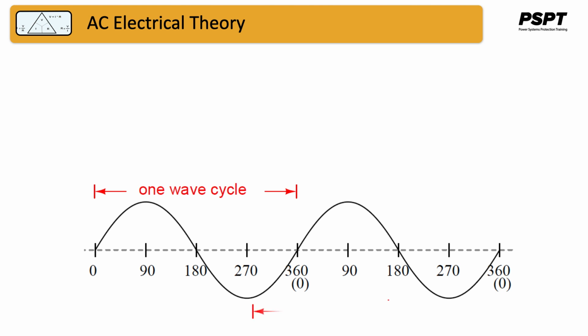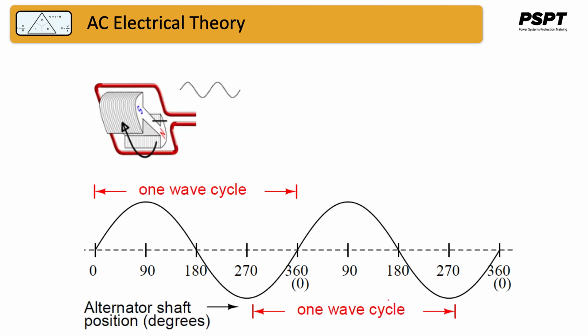This is most easily shown by spanning the distance between identical peaks, but may be measured between any corresponding points on the graph. The degree marks on the horizontal axis of the graph represent the domain of the trigonometric sine function and also the angular position of a simple two-pole alternator shaft as it rotates and produces the AC quantity. Since the horizontal axis of this graph can mark the passage of time as well as shaft position in degrees, the dimension marked for one cycle is often measured in units of time, most often seconds or fractions of a